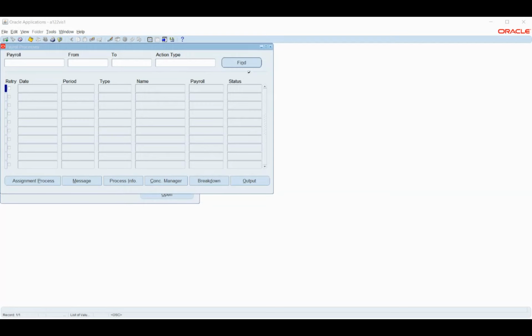All things are there, sir, only payroll is not there in that material. Okay, let me check first what Suresh has forwarded. If it is not there, I'll pick from my drive and share it with you. Okay, sir.